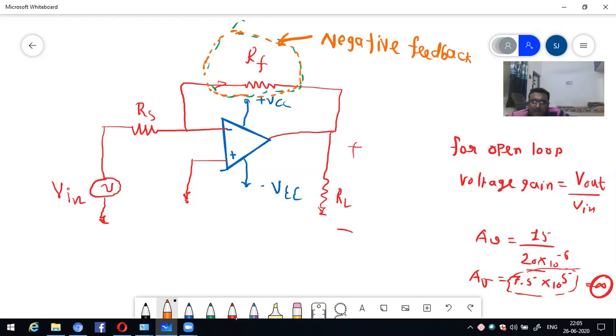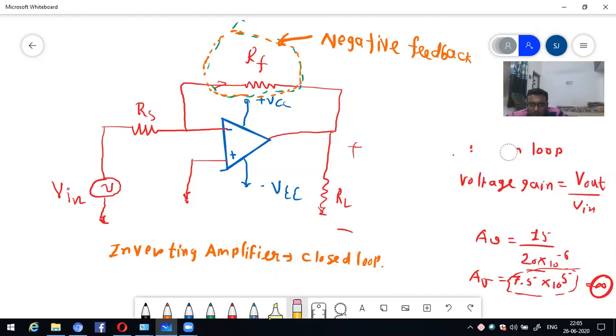So it is the advantage of the inverting amplifier with closed loop. The inverting amplifier is operated in which mode? Closed loop. So here it is mentioned for open loop, already discussed in the previous case. Now I would like to erase this portion. Now for closed loop,